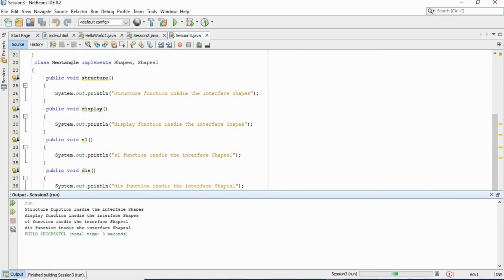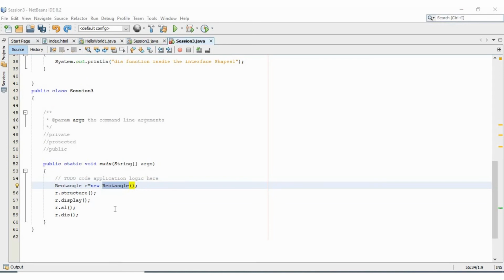You can see the output here: structure function. All the print statements given inside each function are displayed. So this is about multiple inheritance, and this is a very simple program. We can create interfaces and abstract functions inside those interfaces.